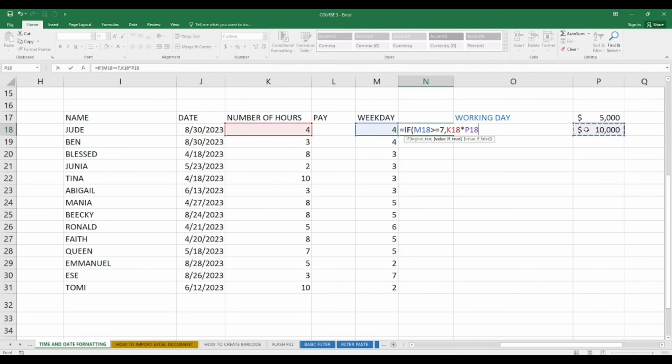That's the value if true. If 4 is greater than or equal to 7, it should multiply by 10,000. But if not, it should multiply